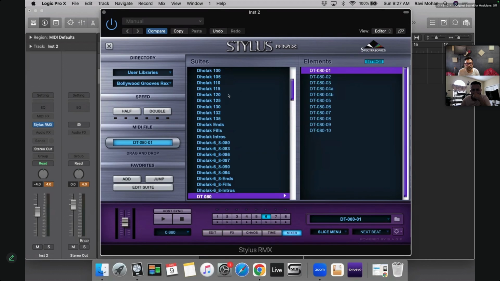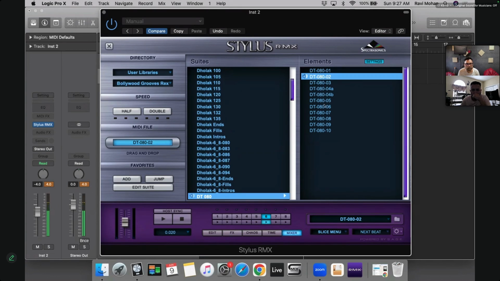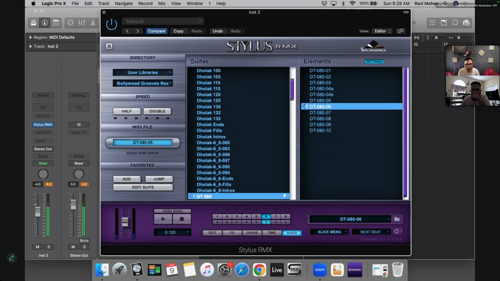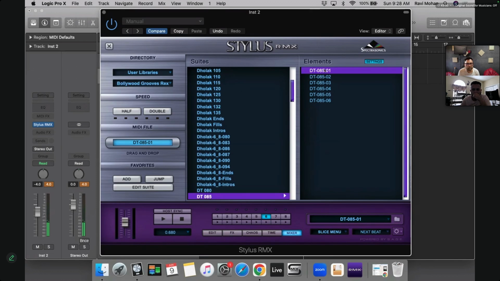Okay, this is some dholak tabla loops. These are insane sounds. You can feel the quality right away. They don't break too much.